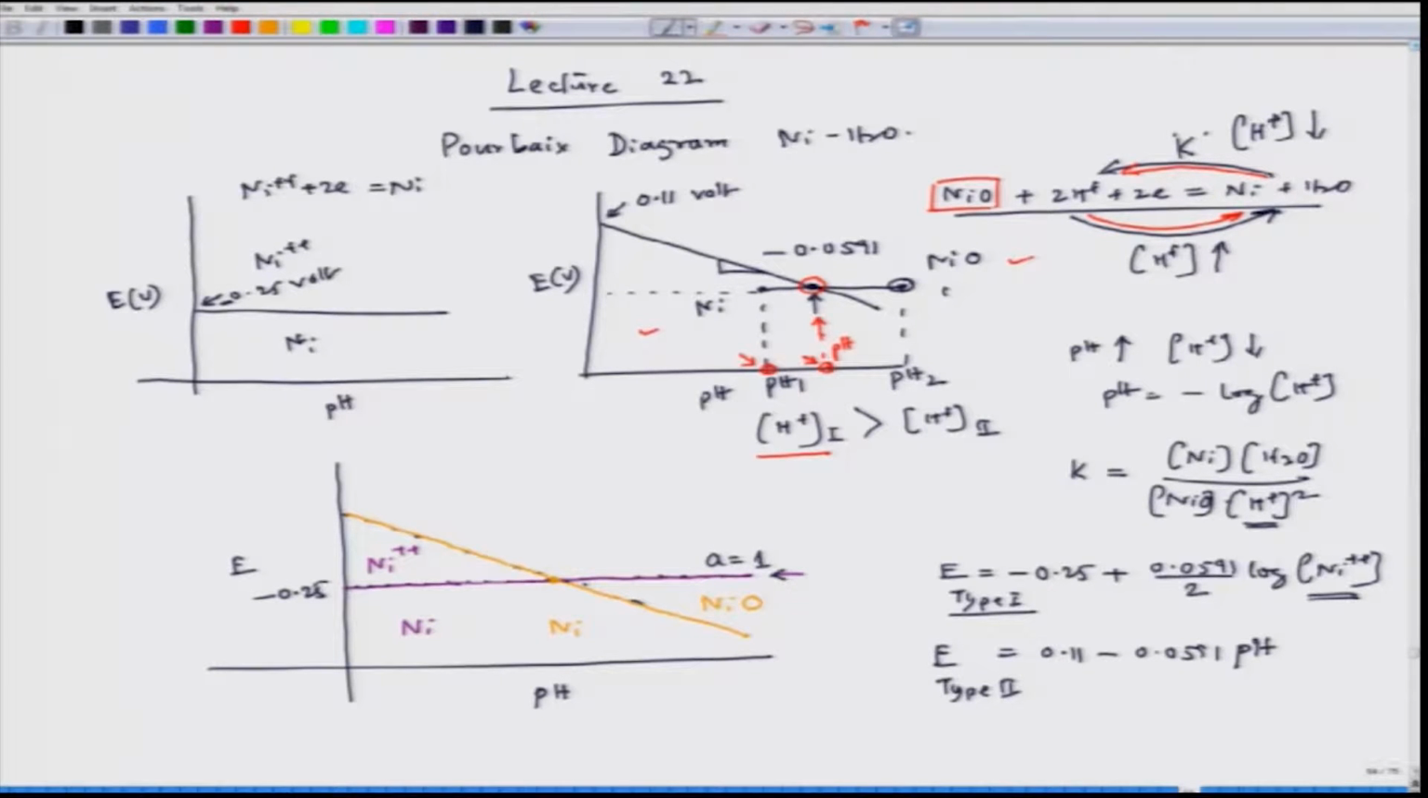In that case, this type 1 equation would simply be this. This is type 1, this is type 2. So then, at this point these two equations are equal. So, minus 2.5 equals 0.11 minus 0.0591 pH. So, we get pH is equal to